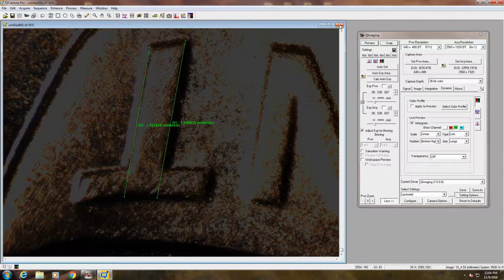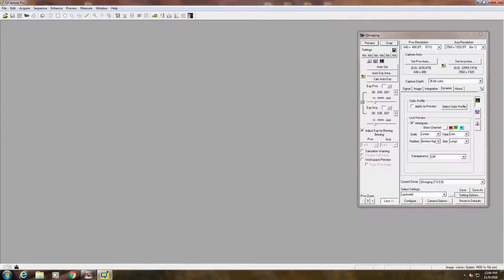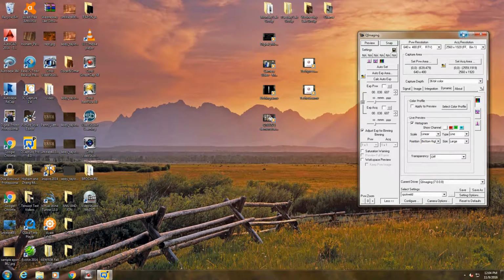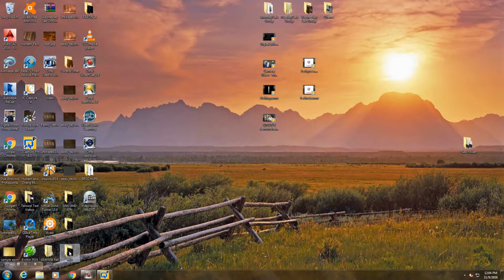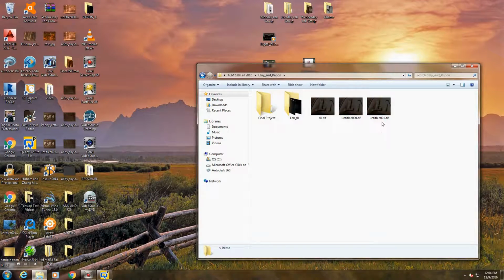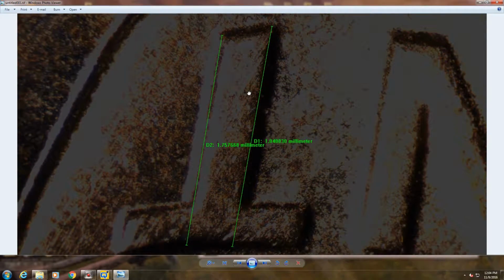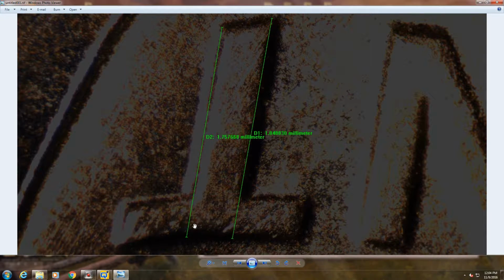Hold on, if you give me a second, I'm going to close out the images. I'm going to minimize here, and then you can go to the file and select whichever one you want. And if you want to review it, you can zoom in and recheck your measurements. Apart from that, that's pretty much it for this